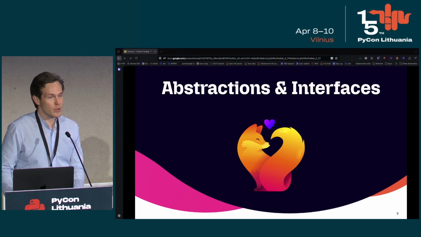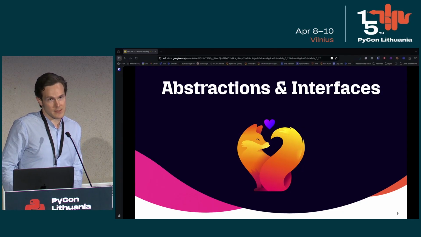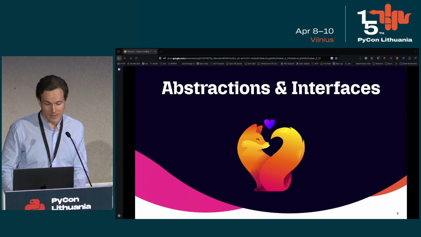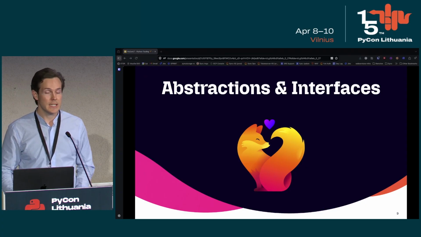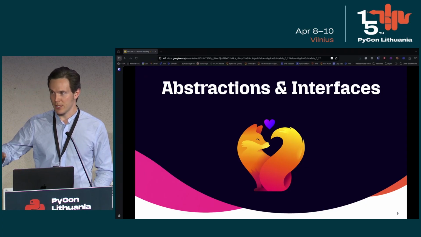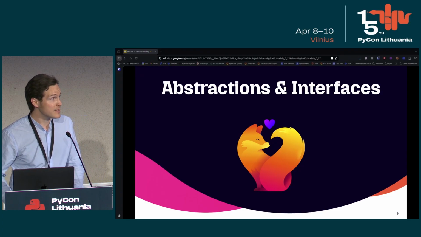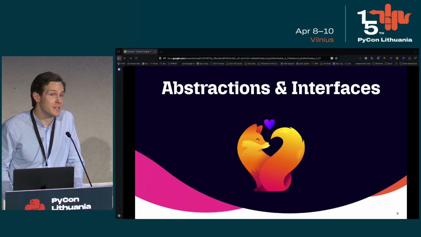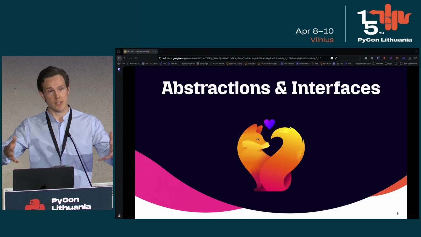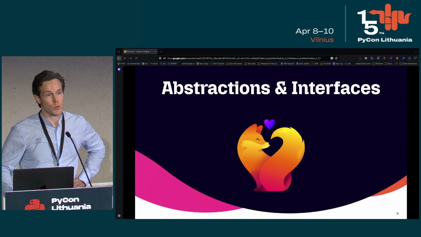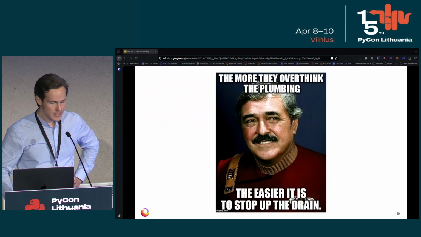So we're going to briefly talk about abstractions and interfaces, and this is a subject I'm very interested in. I don't obviously have a whole lot of time to get that deeply into it, but the temptation when you're using a tool or framework is to immediately go ahead and use it as is. Now, in a lot of cases, this does make perfect sense because the whole reason why you're incorporating that tool is because it does provide those abstractions in the first place. But there are cases in which you want to be very careful in how you approach implementing those tools.